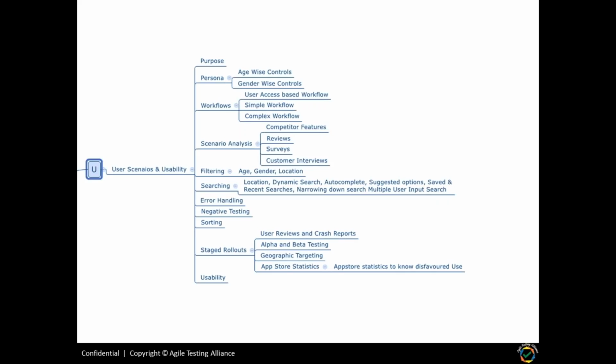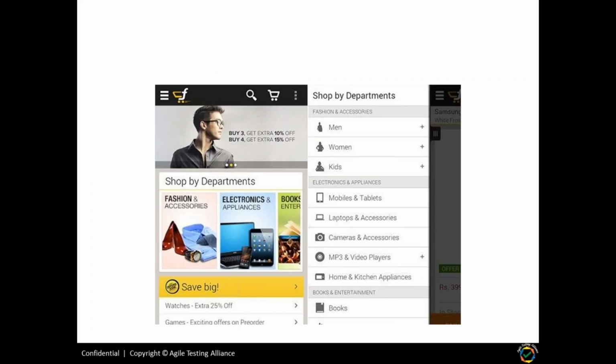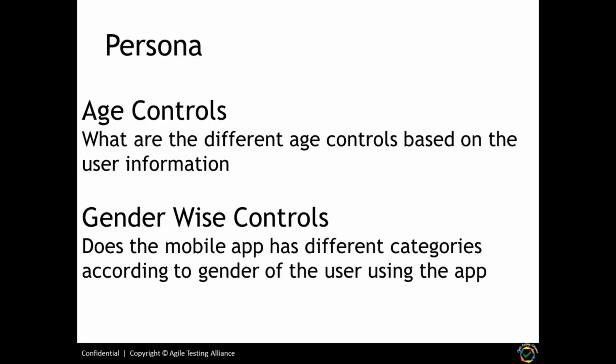Now if you go back, the next thing is persona. When it comes to persona, it is nothing but your age-wise controls or gender-wise controls. So what are the different age controls based on the user information? That is a mobile app, right? For example, if I'm using a mobile app and it has all my details like my age and my gender, based on that information it will give me some good search results, good ideas,